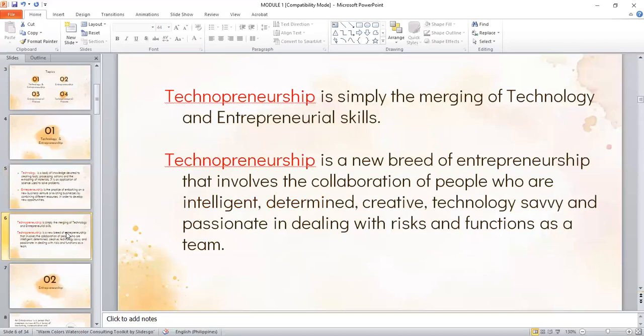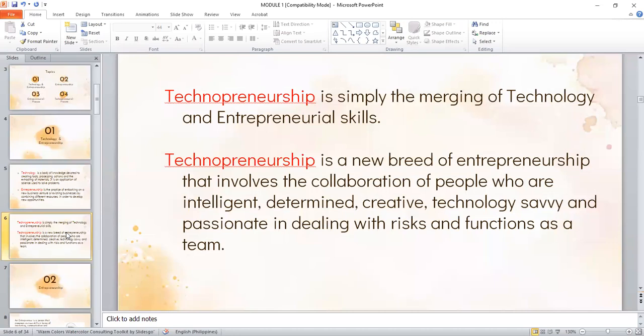We marry or we merge the two words. So technopreneurship is simply the merging of technology and entrepreneurial skills. Now, it's a new breed of entrepreneurship. It's a term, I think, that has been around since 1997. Way back in 1997, we already had this term technopreneurship. And this involves the collaboration of people. So we are not now thinking only of a single proprietorship, as in the case of pure entrepreneurship, but this is collaboration of people who are intelligent,